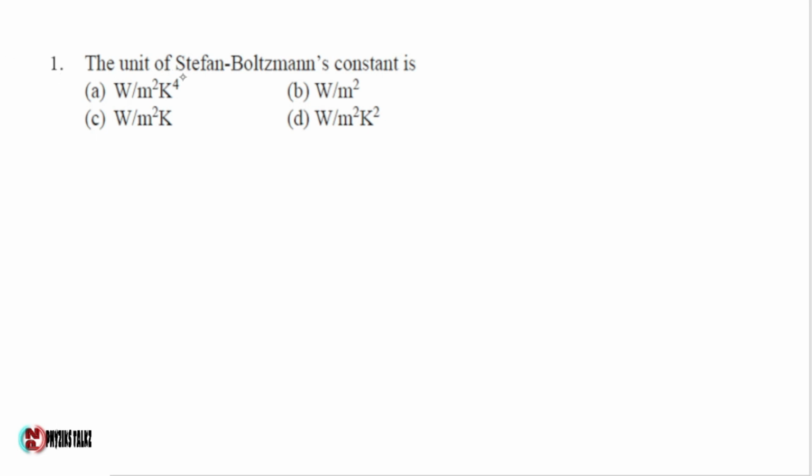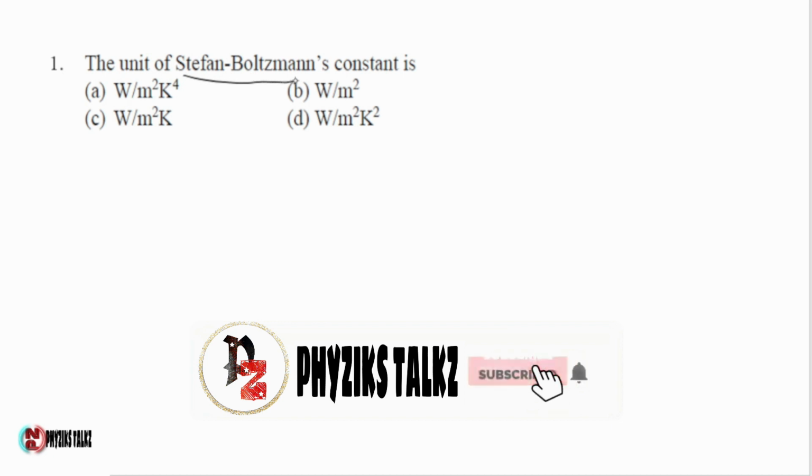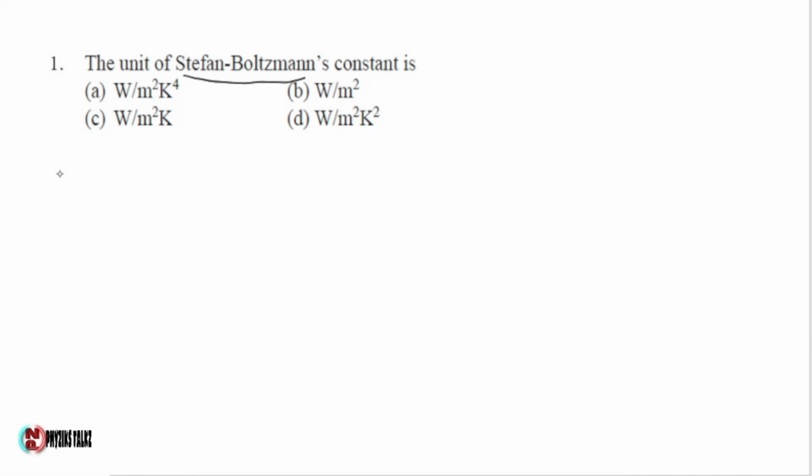The unit of Stefan-Boltzmann constant is. Now we all know energy radiation per unit area per unit time E is given by sigma T to the power 4, where sigma is the Stefan-Boltzmann constant and T is the absolute temperature. Now sigma equals E upon T to the power 4, which gives